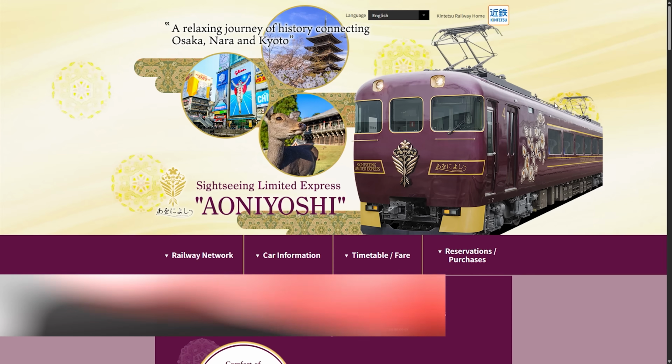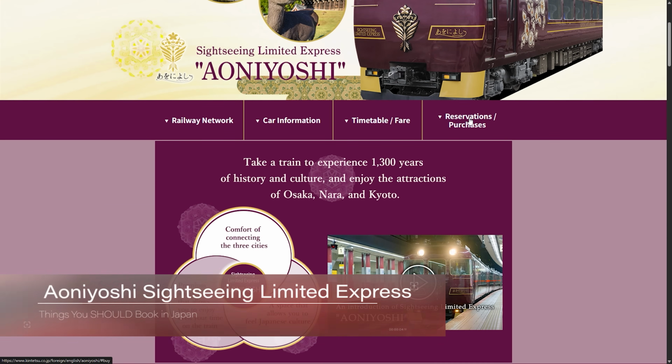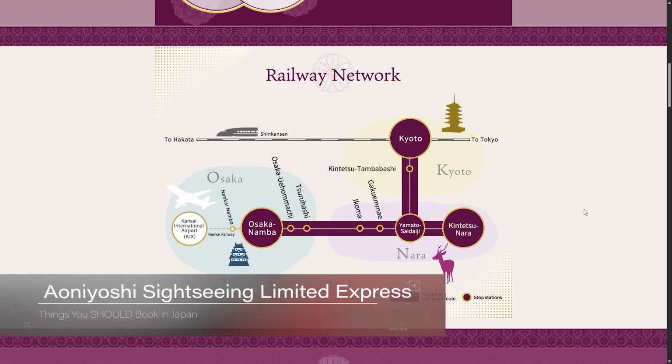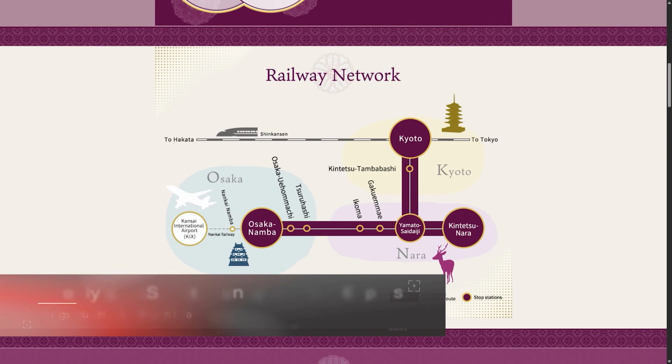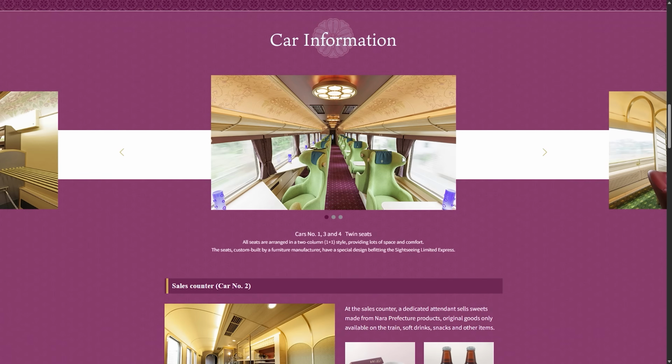Lastly, one final train that you could book, and this one you really need to book in advance. This is the Aoniyoshi Sightseeing Limited Express. This train travels between Osaka, Kyoto, and Nara. And if you are going between those cities, instead of opting for the quicker Shinkansen or local train options, this train takes you on a scenic but a bit slow of a journey to see the beautiful landscapes between the